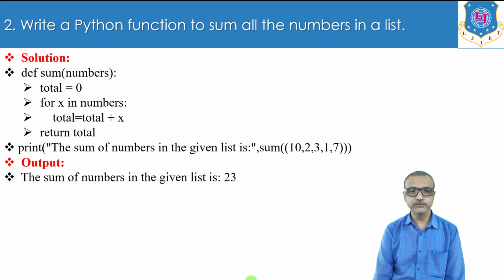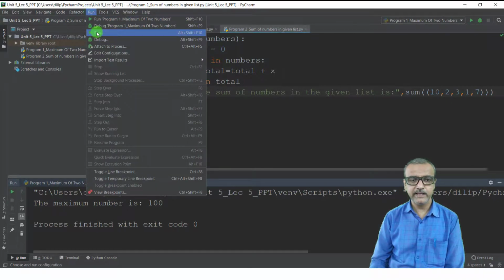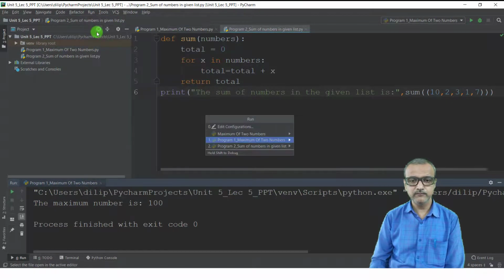Now I will show you the output of this program in PyCharm editor. See, I have written the same program. Now I will run this program to show you the output. To run this program, first of all click on the run button. Again click on the run button.